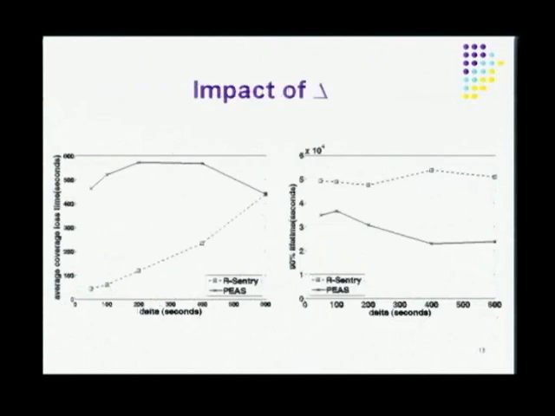And then the delta. Previously we said delta is a parameter in our algorithm. So let's see what happens when we change the delta. Here, when the delta goes up, our algorithm actually